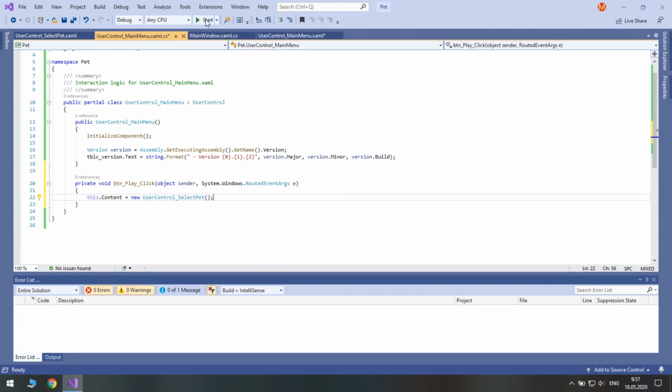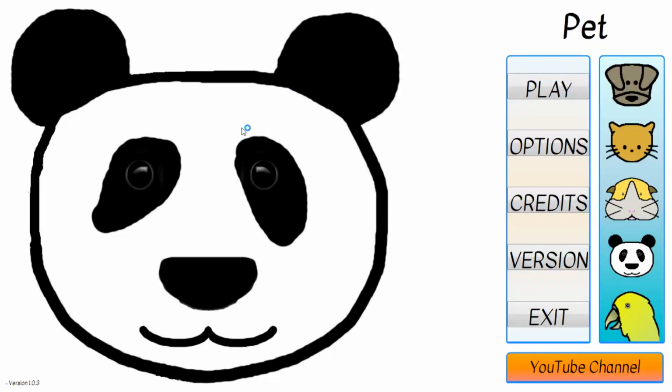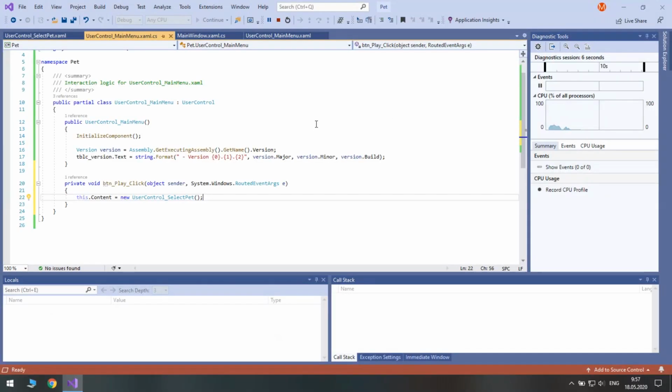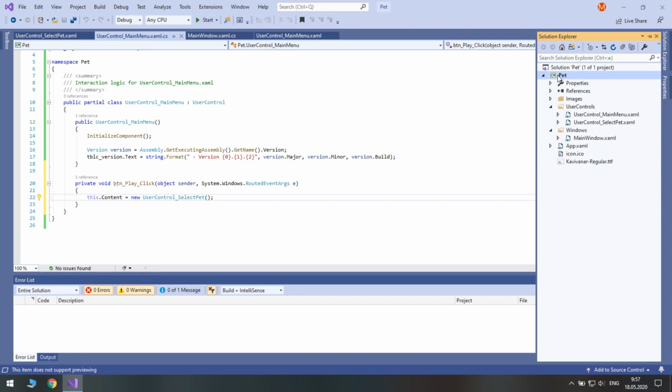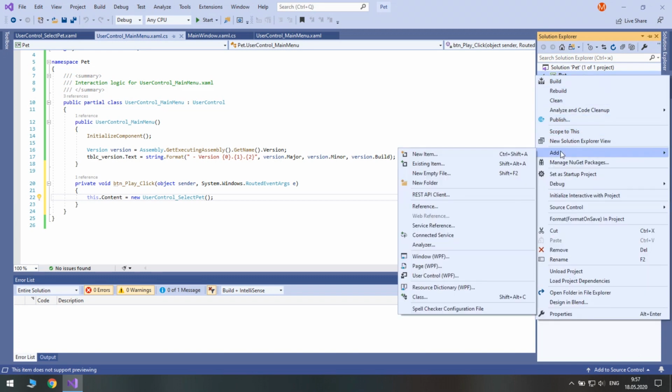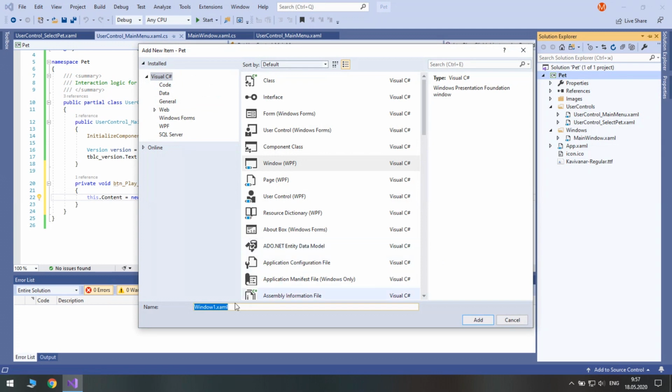Let's check whether this transition works as well. Good. Next, we will make a window for options. I specifically want it to be not replaced by a user control, so I use a window.